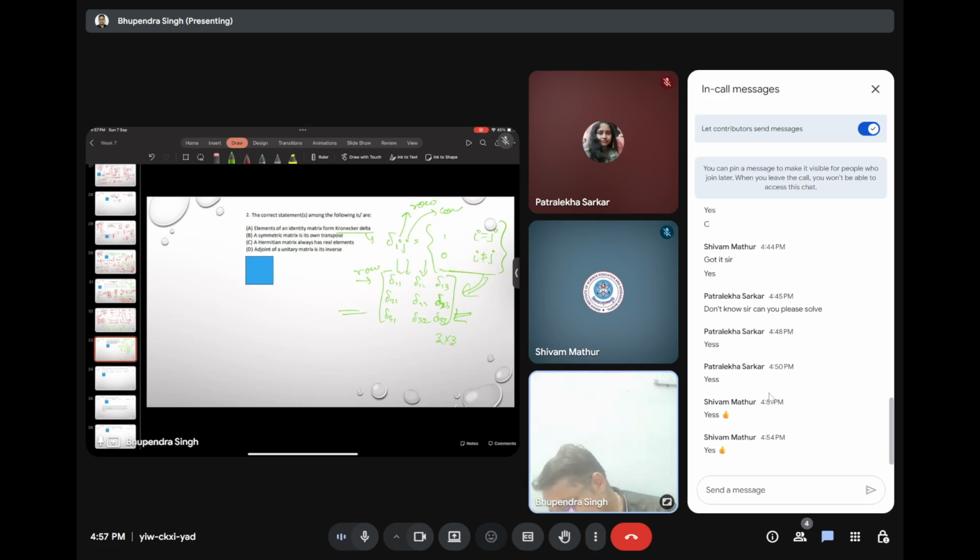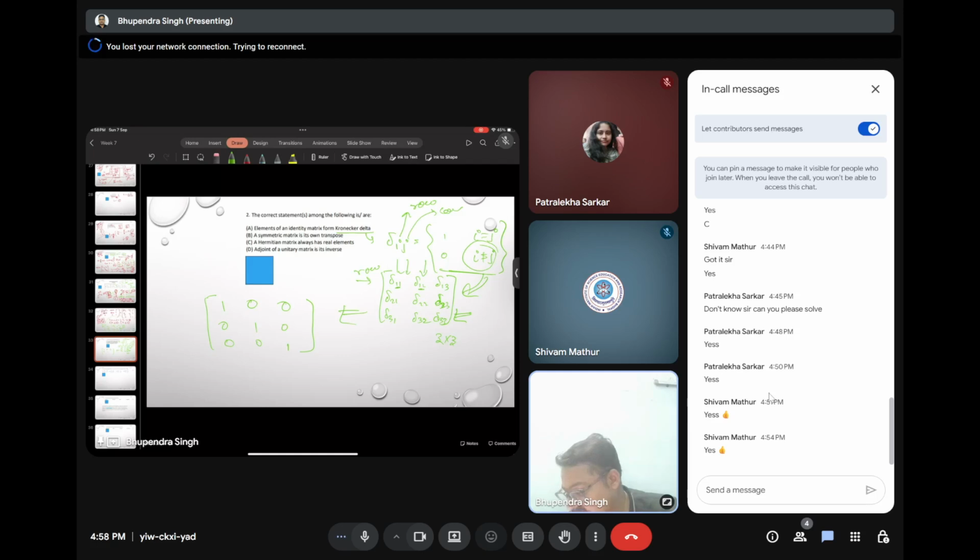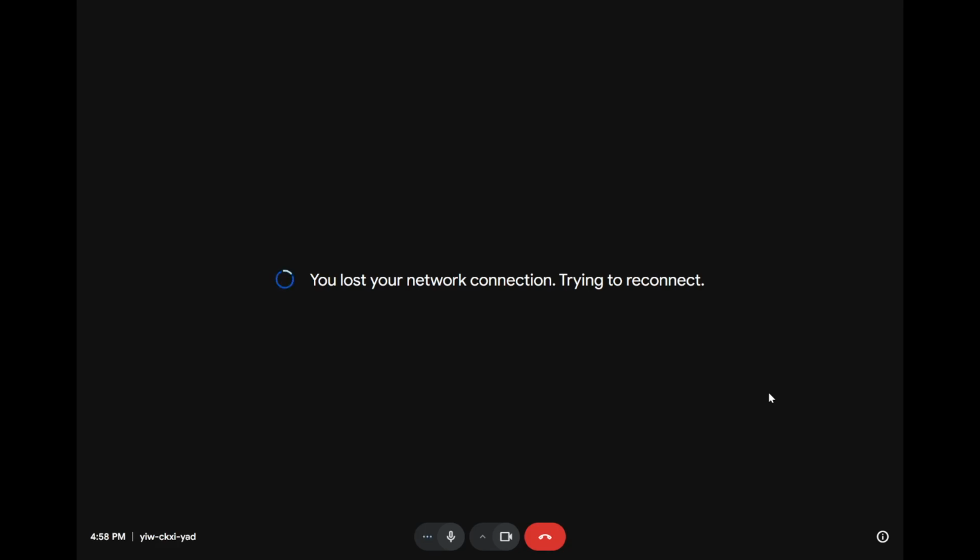So how will the matrix look? 1 1 will be 1, 1 2, because these two are not equal, so 0. 0 0 1 0 0 0 1. So the first option is right: elements of an identity matrix form Kronecker delta. So this is right. But the question is saying the correct statements among the following is